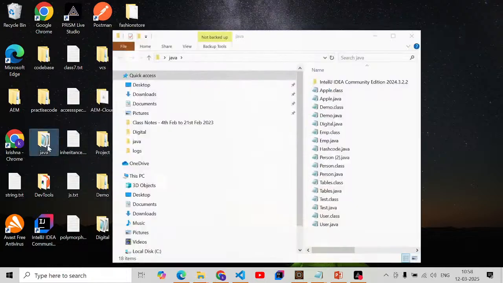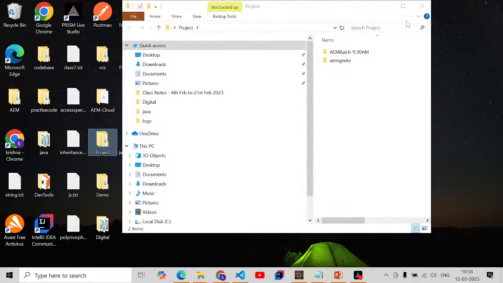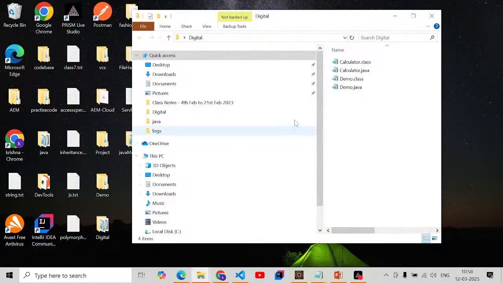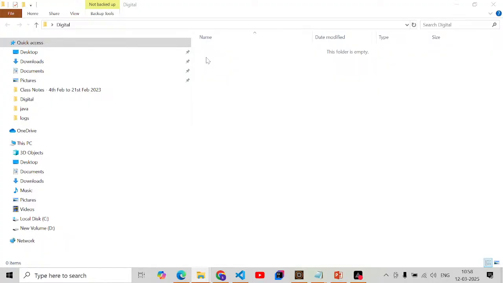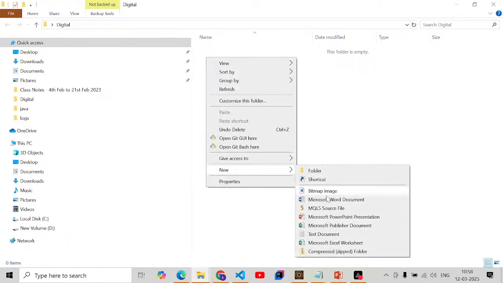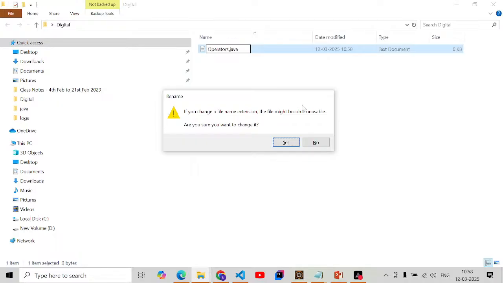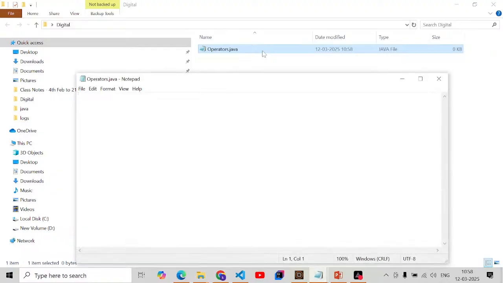Java is the programs folder. Last session we created one project, one folder, right? Here I am creating one file. The file name I am mentioning is operators.java. This is the class name I am mentioning like this. And after opening this one,